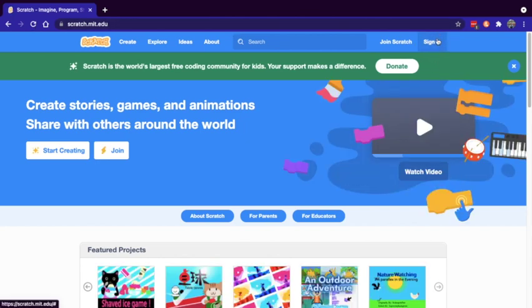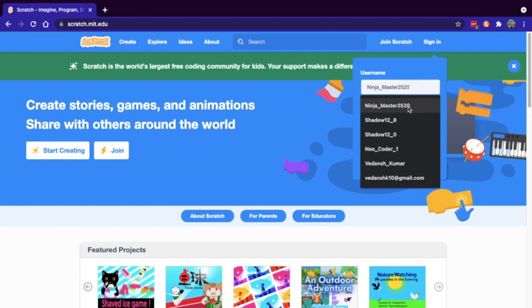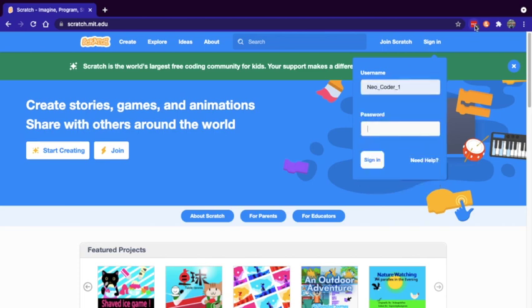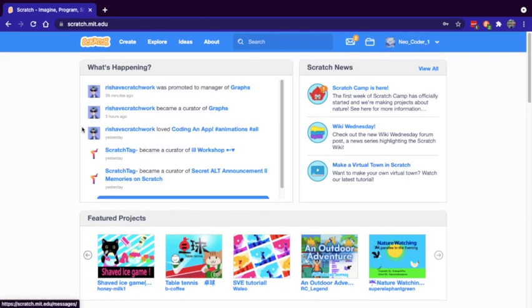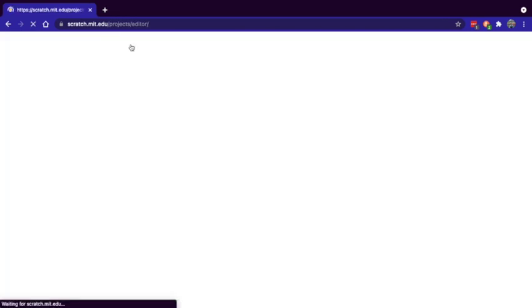If you want to log in, you can just click on sign in and here your username, this is mine, and the password. So sign in. Yeah, so when you sign in, it will look like this, or it will open a new project for you. Now what should we make? It's a beginner program I want to make. First, let's make a normal simple program. Okay, you can click on create. It will create a new project for you.